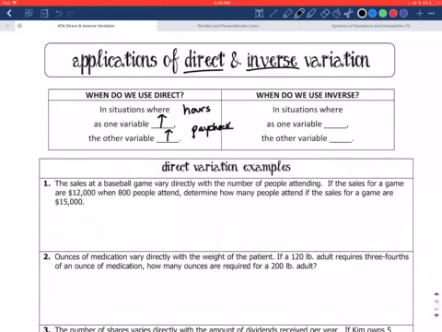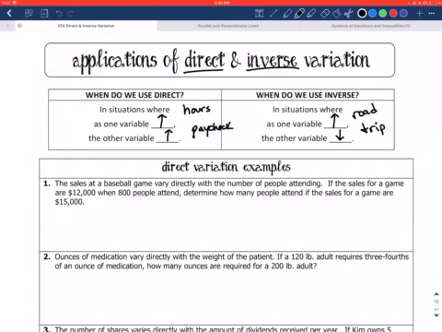That is our typical example for that. The more hours you work, the bigger your paycheck's going to be. The less hours you work, the smaller your paycheck's going to be. And then we also have inverse, where as one variable increases, the other decreases. So this typical example that we use is a road trip,